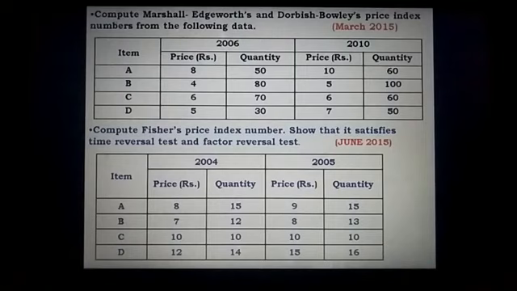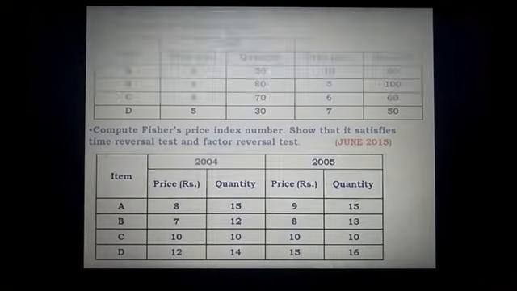So here is how the scheme of valuation goes: 1 mark for Fisher's price index number formula, and then 1 more mark for the calculation. So 2 marks here only, and then 4 marks each for time reversal test and factor reversal test, for formula and supporting calculations. So here also all the step specifications will be very important.